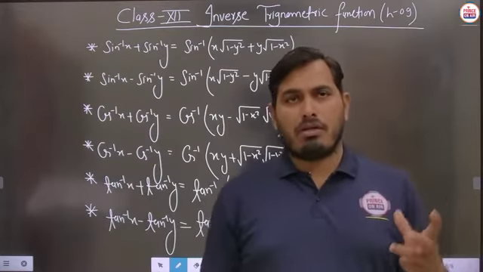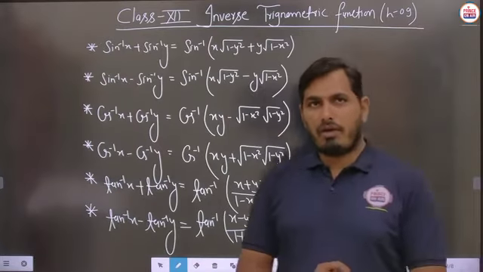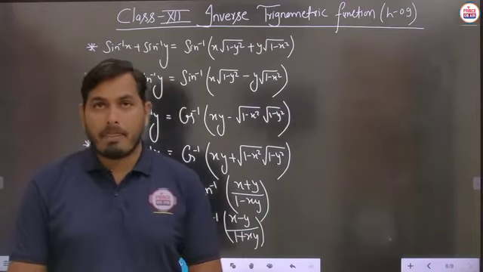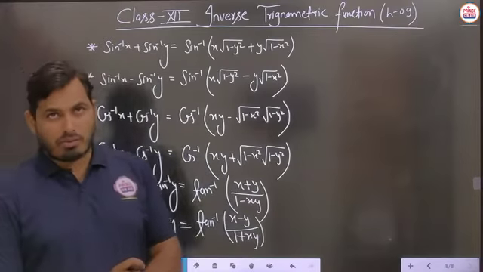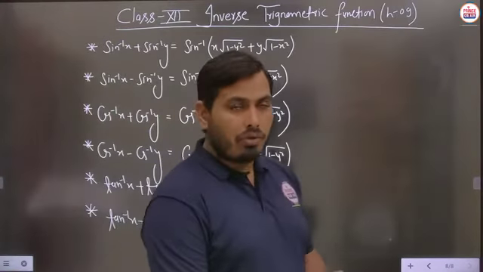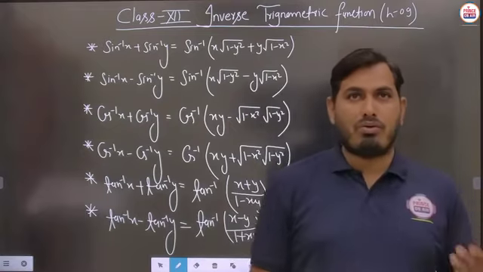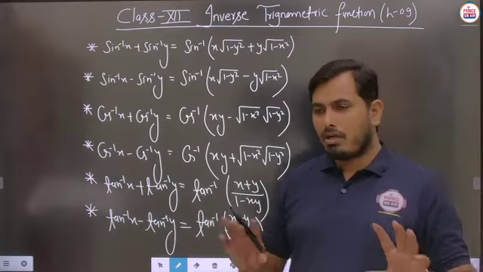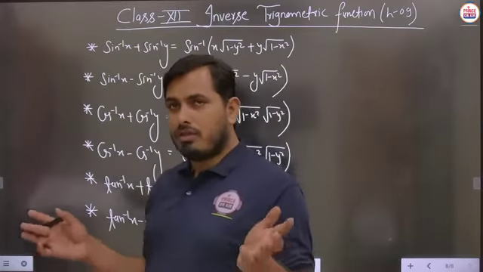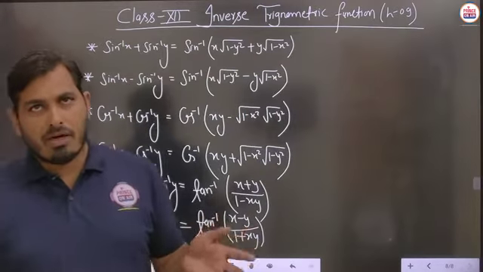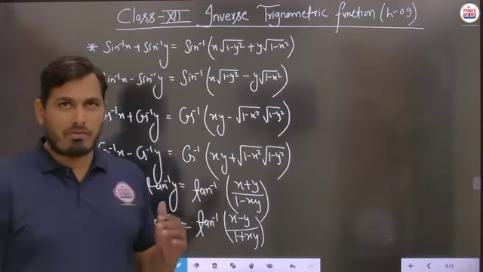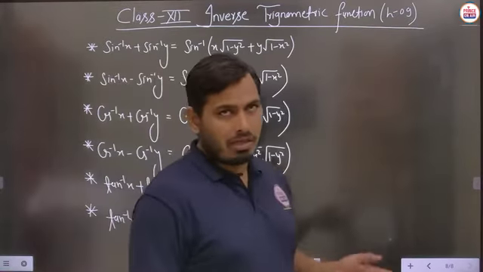Now today we will start the next property 6, where again we will simplify some important sections: 2 sine inverse x, 2 cos inverse x, 2 tan inverse x, as well as 3 cos inverse x, 3 sine inverse x and 3 tan inverse x, and what the required result of these inverse trigonometric formulas should be, and what basic conditions should be used for these parts. We will see each and everything in this section. Is it clear?